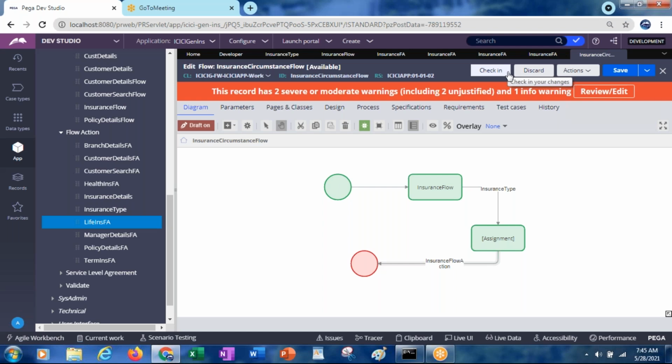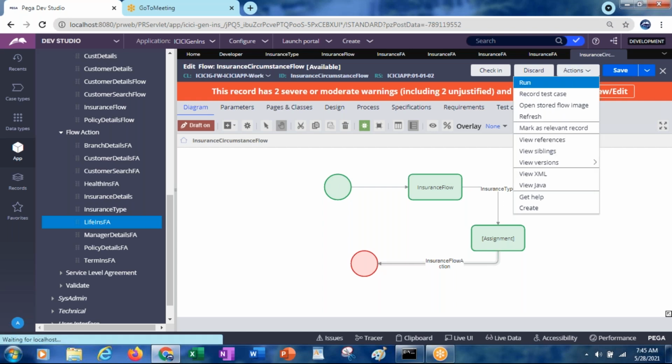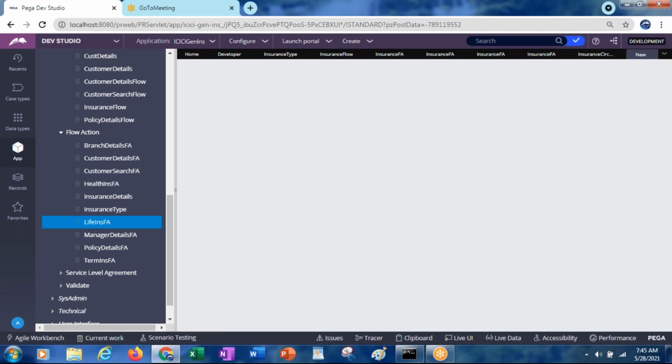Okay, and now if you run the flow, and it's not loading anything, or what's happening?